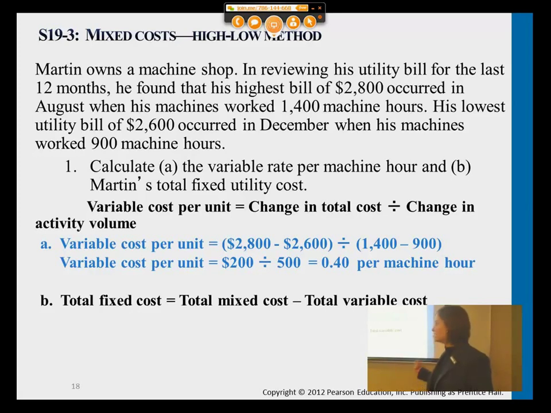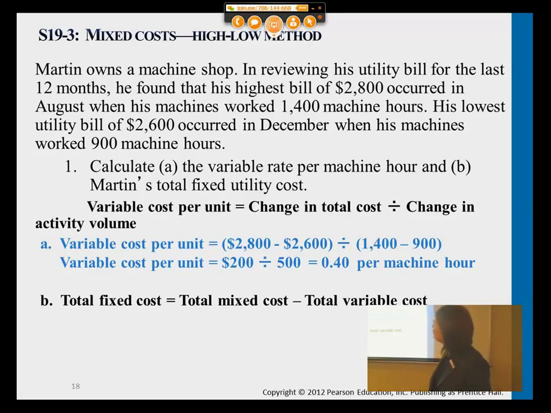Okay? So how do I know my mixed cost? What am I going to do right now? Do you remember how we had the table and it had different rows for first, second, third, and fourth quarter? And I said that to find your total fixed cost, you can use either. So in this case, I can either use my highest bill information or the lowest, and it's still going to be the same. Okay, so let's use